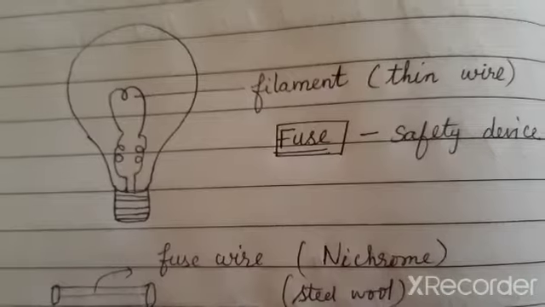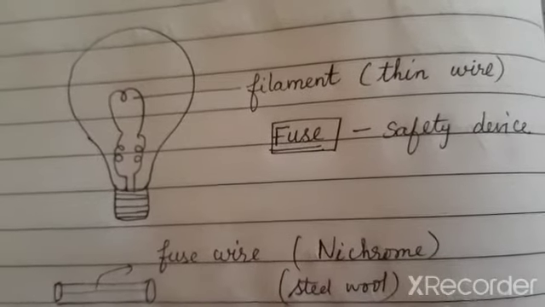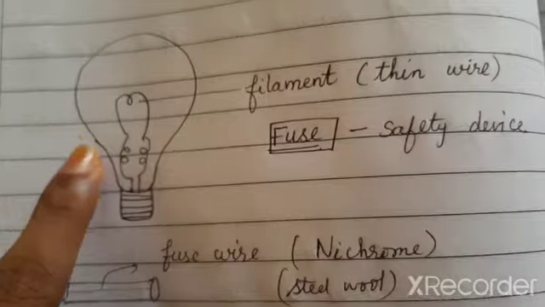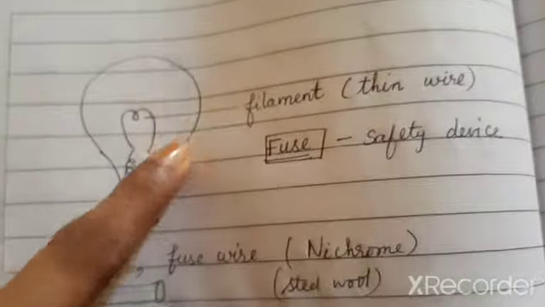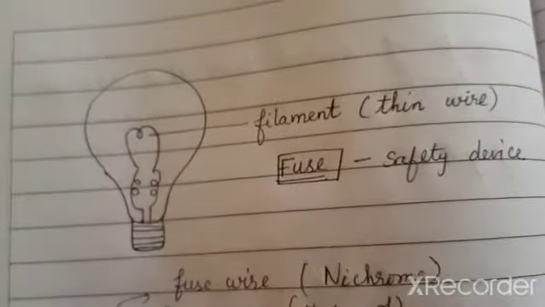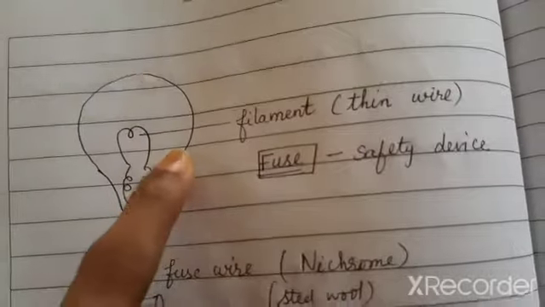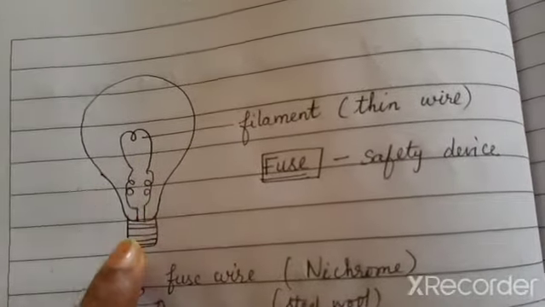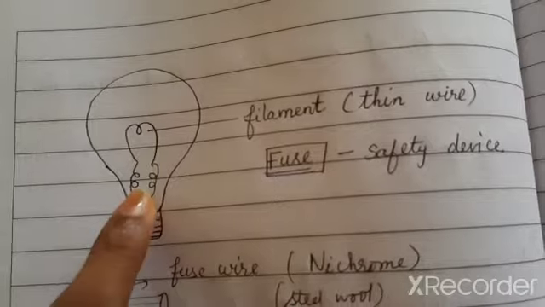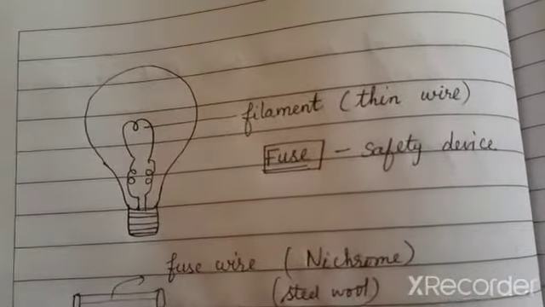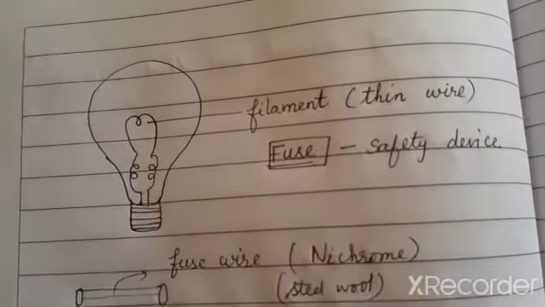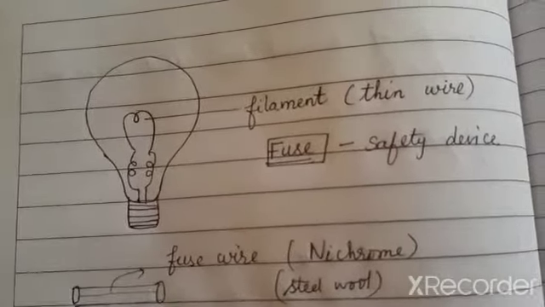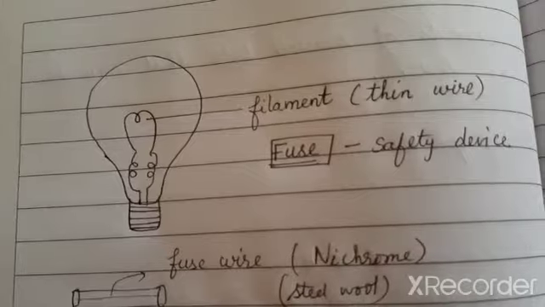Next, we are going to see about the electrical appliances. So this is a bulb, right? The bulb has a holder at the end and it has a glass outer coating. Okay, so the bulb glows when the current flows and when the switch is in on position, right? So how is the bulb glowing? What carries the charges, what carries the current to the bulb when the switch is on? That is nothing but your wires, right?